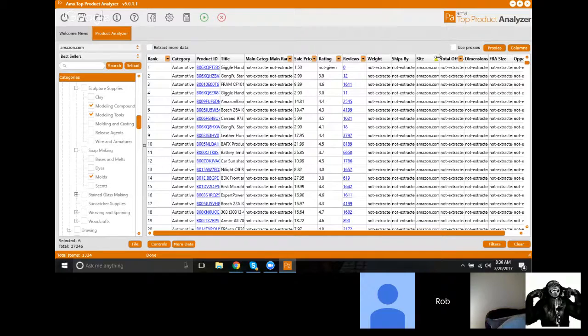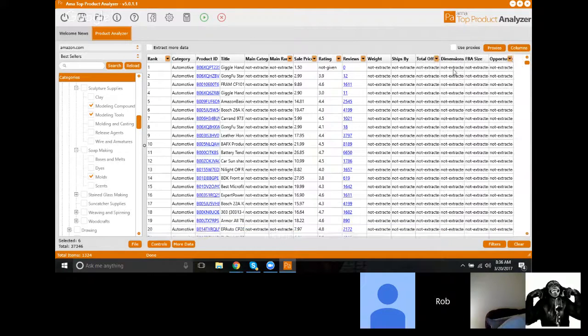And so one of the things I'll do is some of these, I don't care about that info. I don't care about the total offers. Now over here, you can see the dimensions, the FBA size, and the opportunity. And I'll let Paul go through that here in a second. So as you can see, it's extracted this data down here. Anything to add, Paul? Yeah, on columns, if you click columns over on the